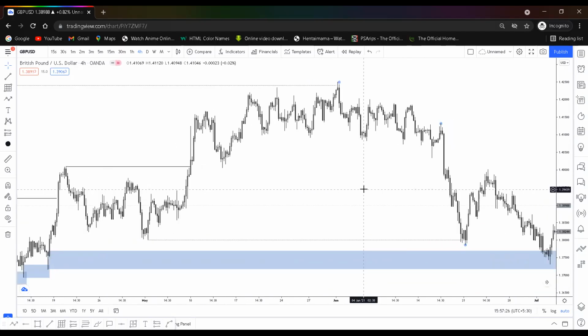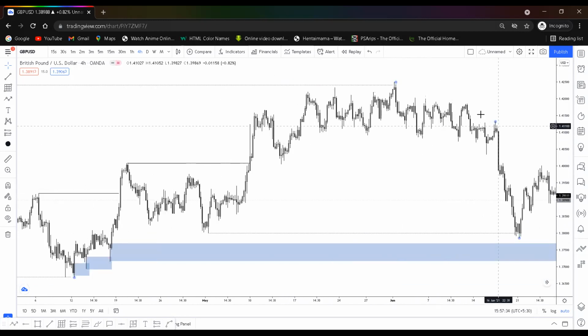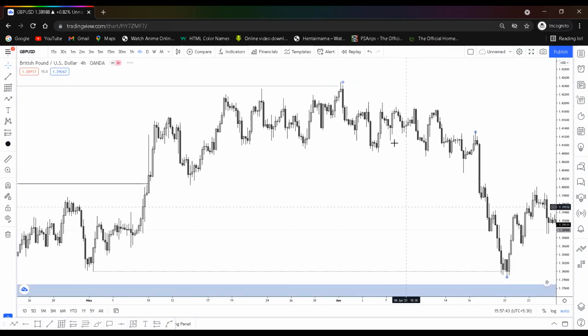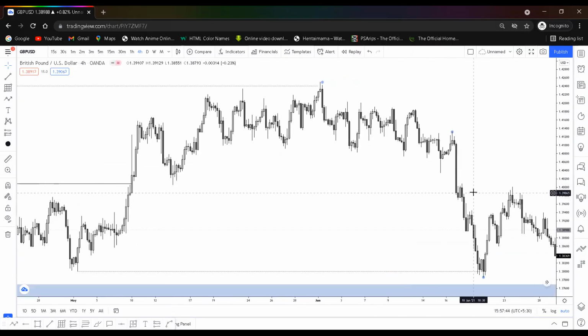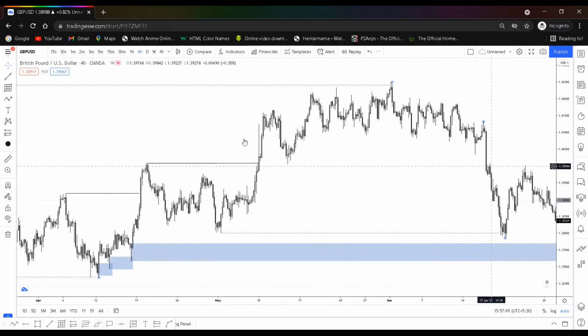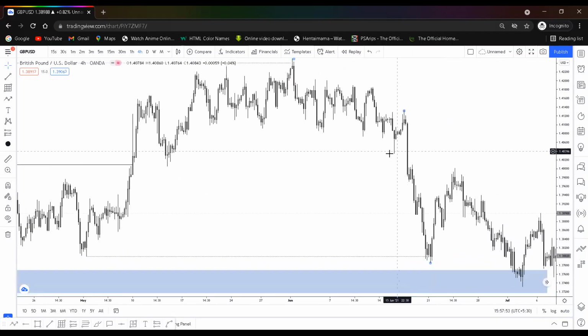How do we know the distribution is over? They'll give us a breakout structure. And that is simply Wyckoff. Now you don't have to use it, but this was a perfect Wyckoff schematic. So after this, we should expect price to pull back down. I don't use Wyckoff, honestly. I use only the three laws of Wyckoff. I don't use schematics. So what happens is it broke structure